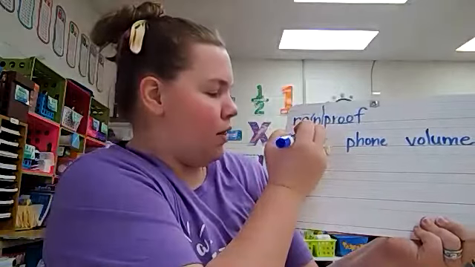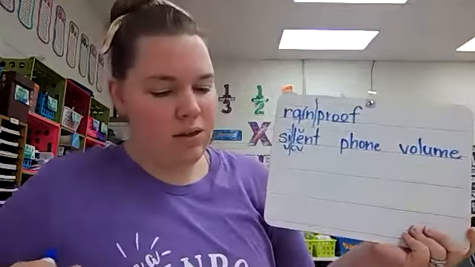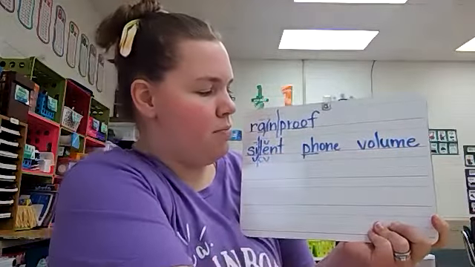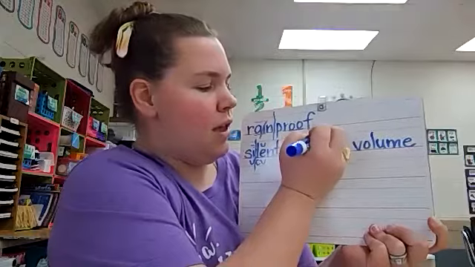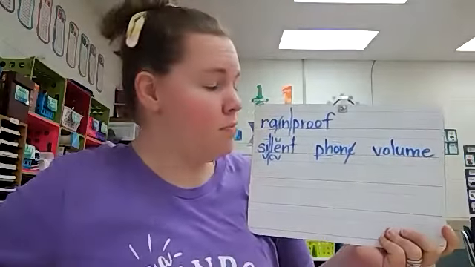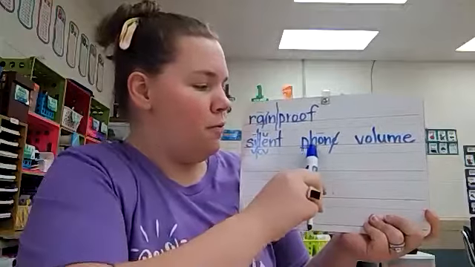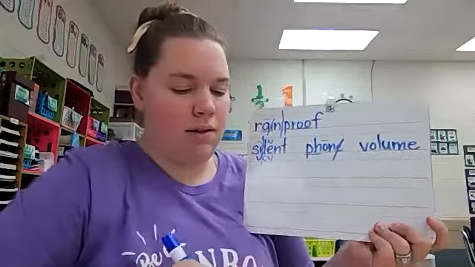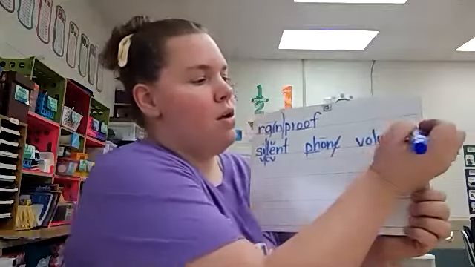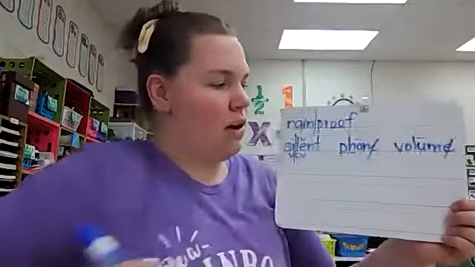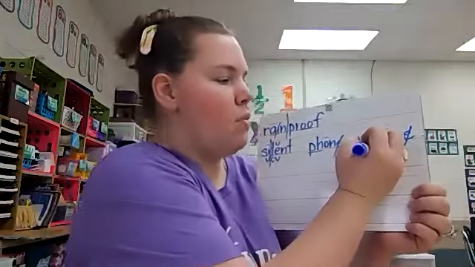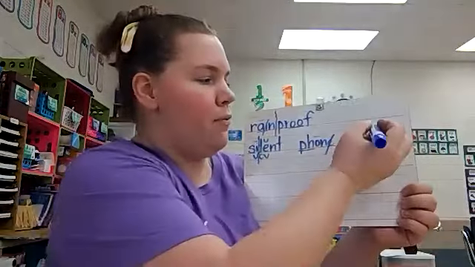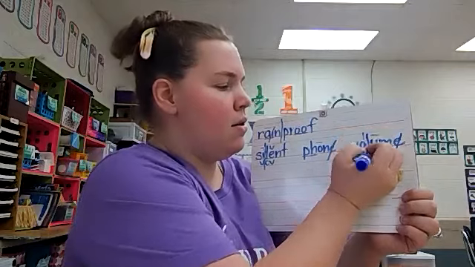Right, so let's close that line off. Silent. We have digraph PH here to underline. That silent E at the end makes that O say its name. This was our keyword, phone. So we have silent phone. Let's see if we can figure out this last word. We have silent E at the end. The U is going to say its name. We have vowel O and vowel U with one consonant. If we try it here, this would say